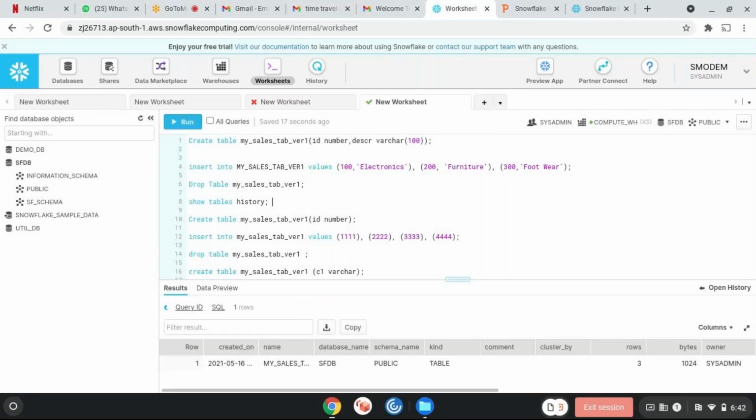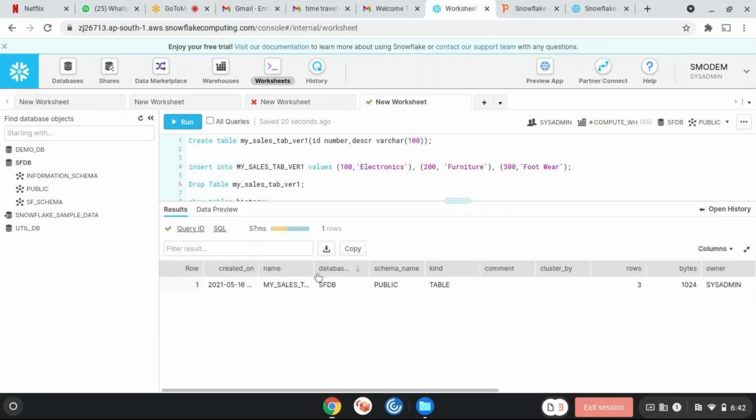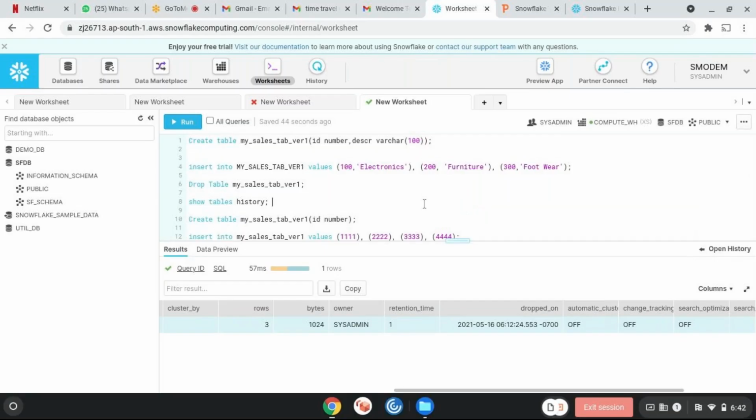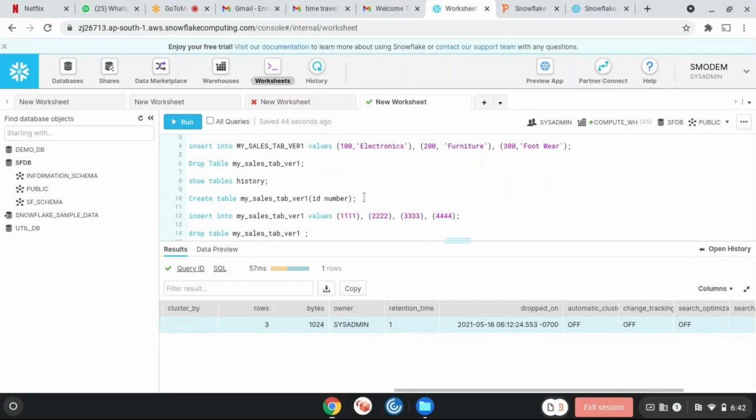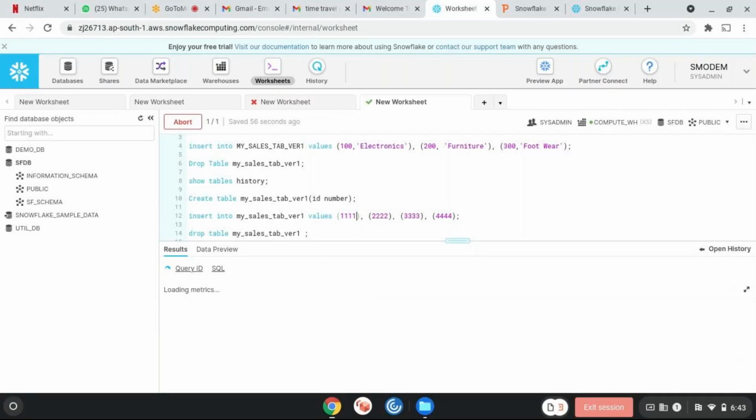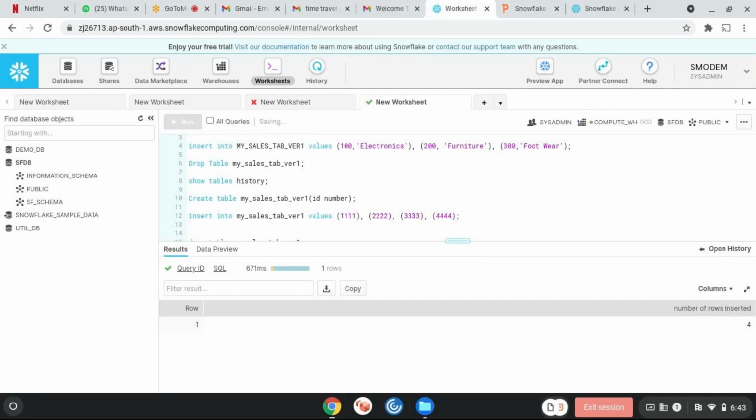Show tables history. If you look at it, I have created the table only once and then I have dropped it. This is the name of the table and the public schema, and you see the dropped time. This is the time when the table was dropped, and the data retention time was 1 day for that particular table. So now I'm going to create another table with the same table name with only one column, ID number, and I insert some data into the table. So if it is select star, right,